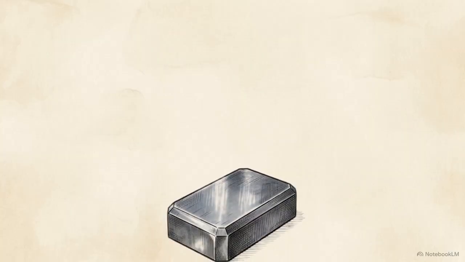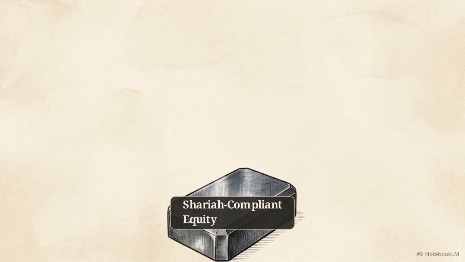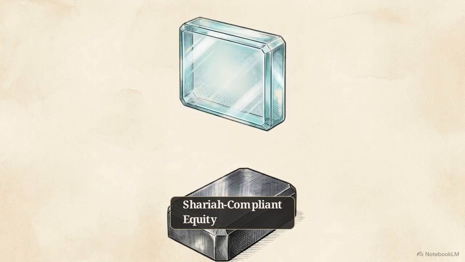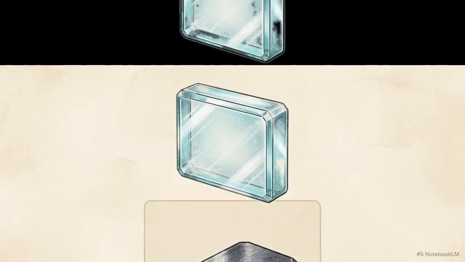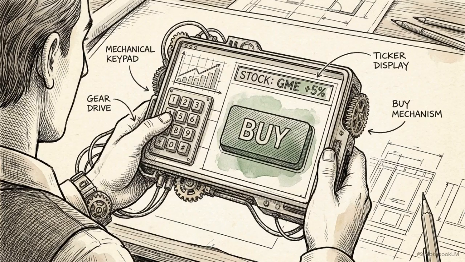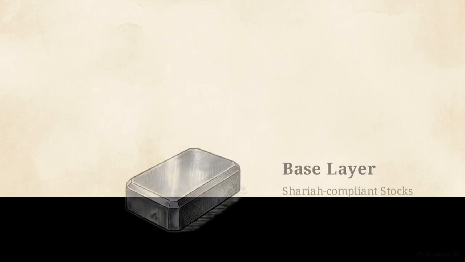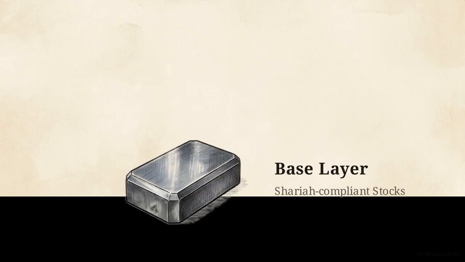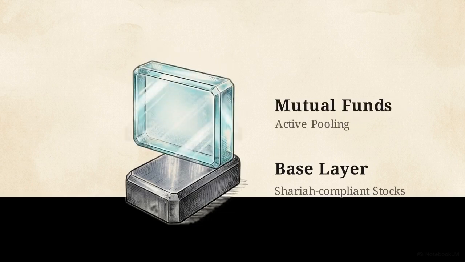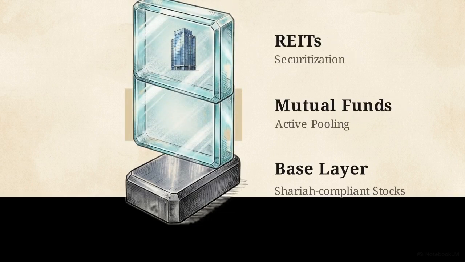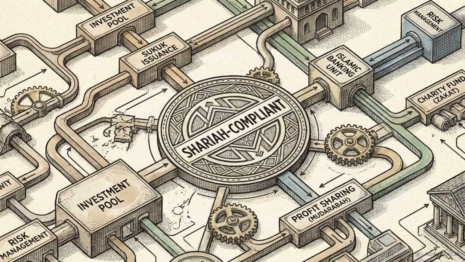This entire alternative financial ecosystem relies on a single base layer. Every derivative structure, pool, and fund built within this space requires the existence of the individual Sharia-compliant stock. Investors can, of course, purchase these individual stocks directly on an exchange, but direct purchase is only the most basic method of market participation. To understand the actual depth of this market, we will examine the architecture built above that base layer. We will deconstruct how capital is actively pooled, how physical assets are securitized, and how passive indices are cloned. Analyzing this market reveals exactly how modern financial wrappers are engineered to execute complex trading strategies while maintaining absolute